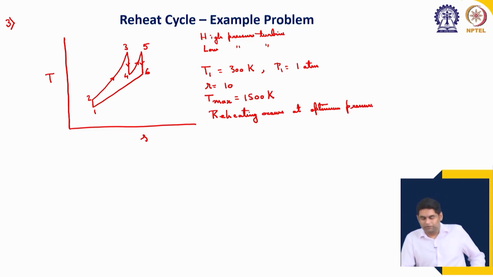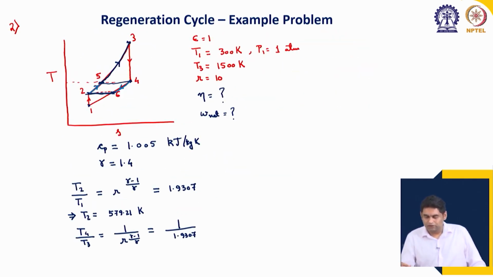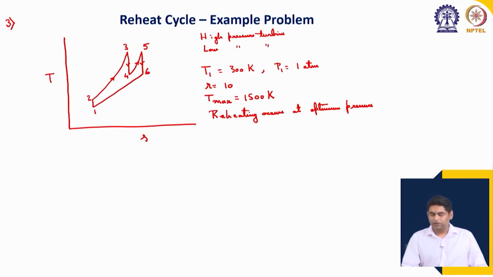Reheating occurs at optimum pressure. Anything else which was there? So, T3, R, T1, okay, everything is specified. Again we want to find out what is the net work output, which we know in this case should change, and the thermal efficiency of the cycle, this also will change. Whenever we are calling efficiency, this of course means, from the thermodynamic point of view, the thermal efficiency of the cycle. All these cycles are heat engines, remember, or they represent heat engines,